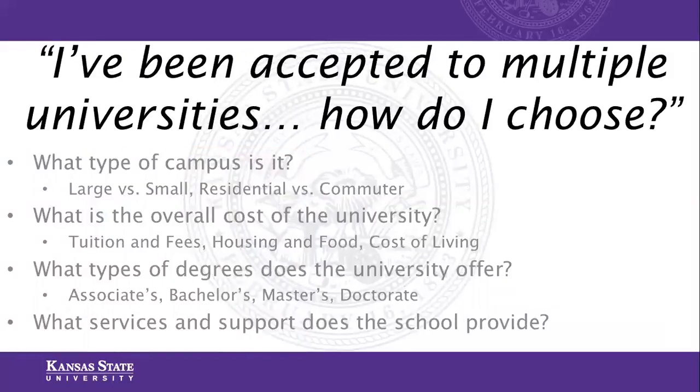So if you've been accepted to multiple universities, how do you choose? These are just some suggestions of what to consider. You may already have applied to universities based on some of these decisions. If you are interested in a larger or smaller school, if you're interested in living on campus and being very close by and being very integrated into the college or university experience versus commuting or living off campus, you want